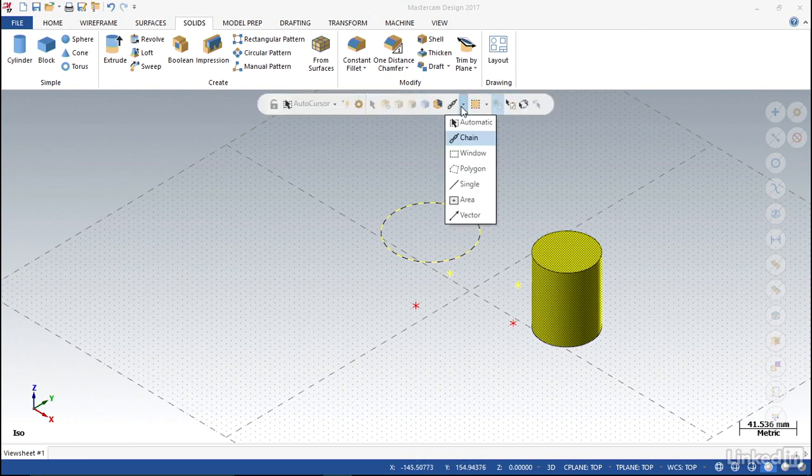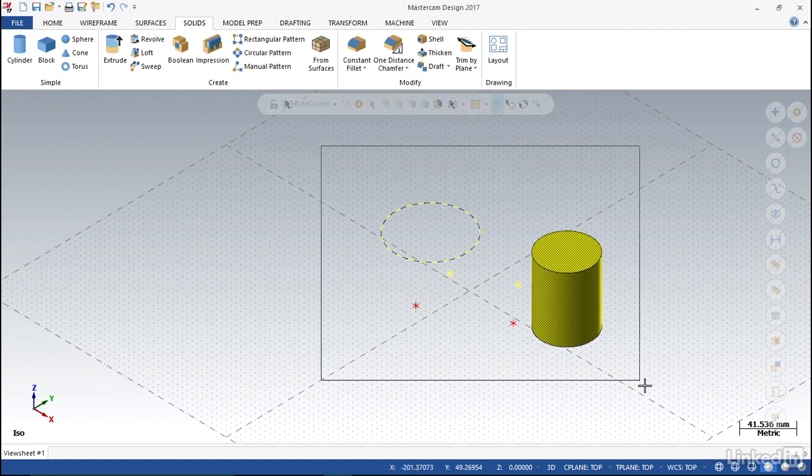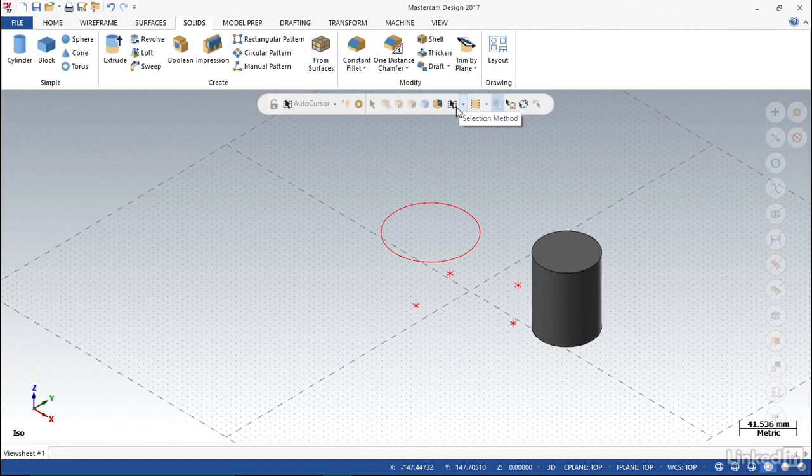I can also decide for the selection method, do I want, for example, an automatic selection, which usually comes in the form of a box. I'll hit Escape to deselect. Or, for example, do I want something a little more complex, like a polygonal selection area? So here I might be able to draw in a more complex fashion to reach an area that my box